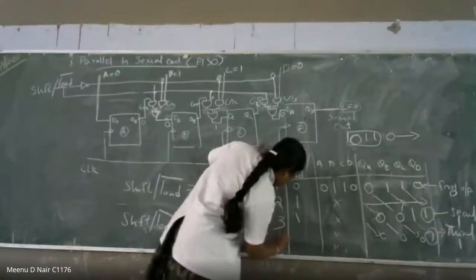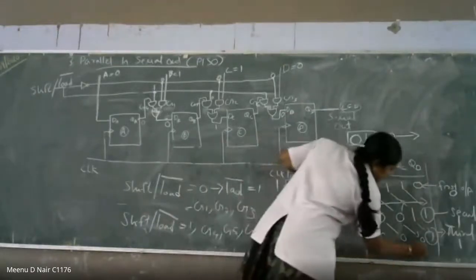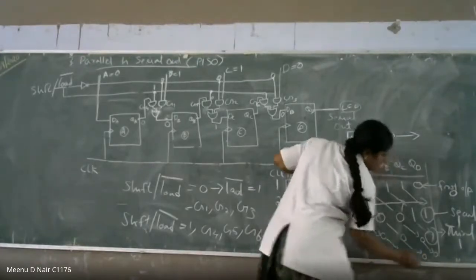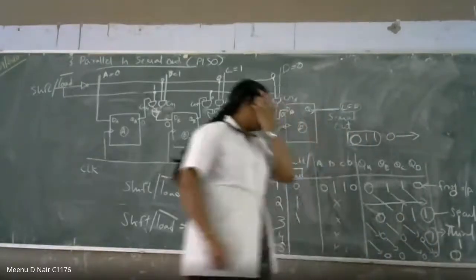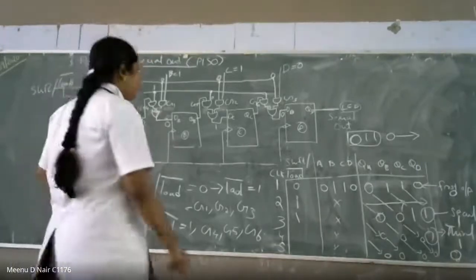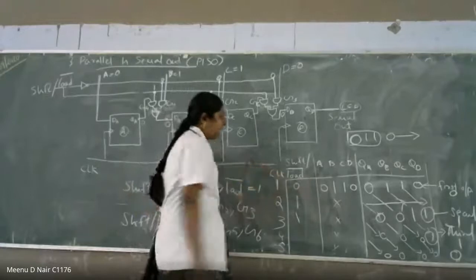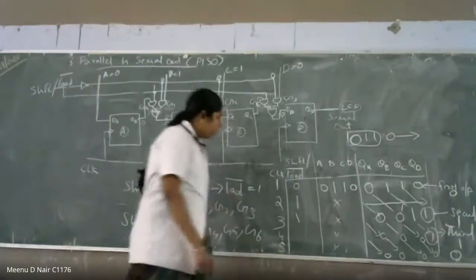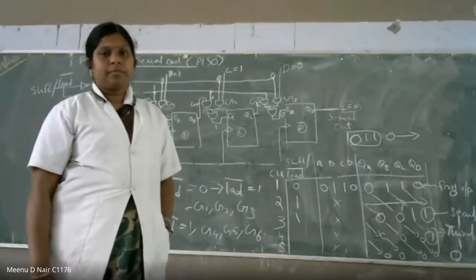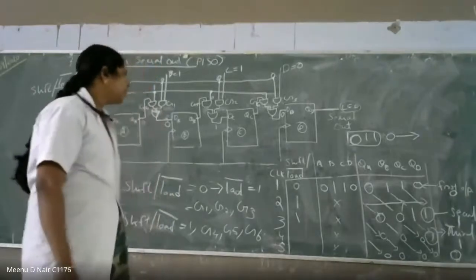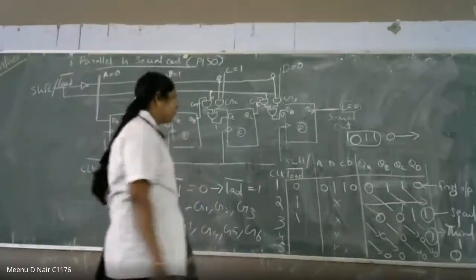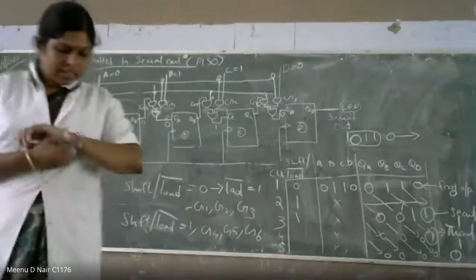This is for your fourth clock pulse, then the fifth clock pulse. The 0 comes here, this is 0, this is 0, and here again 0. So it is outputting the last input 0. So totally 5 clock pulses are required to output the data. One clock pulse you use to store or load the data, and another 4 you use to shift the data. Is that okay? Is it clear?